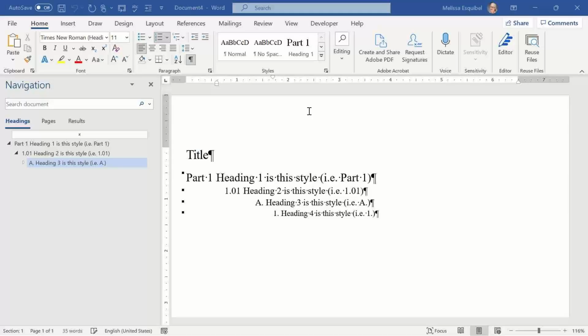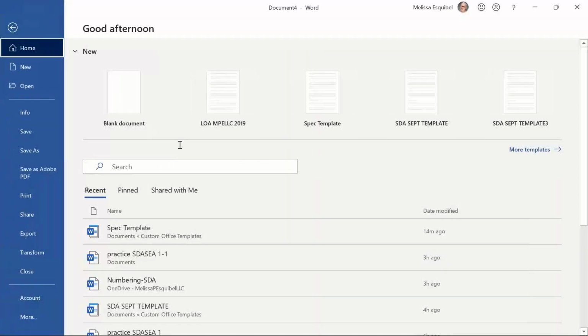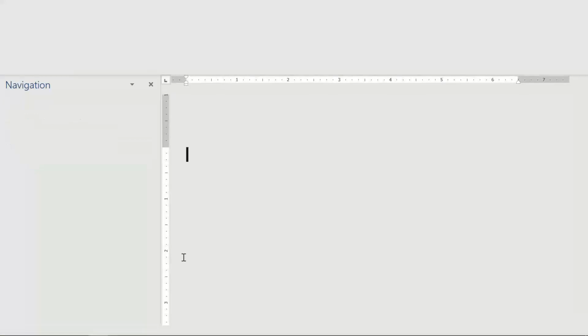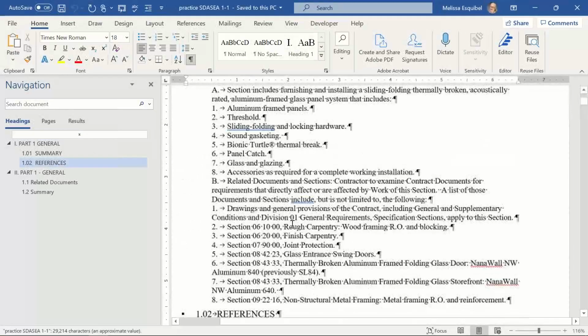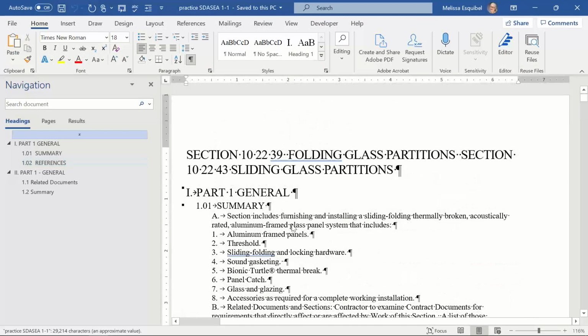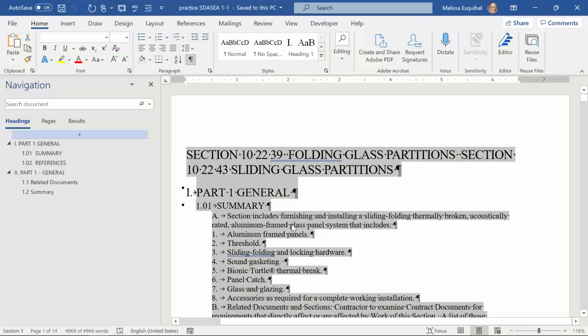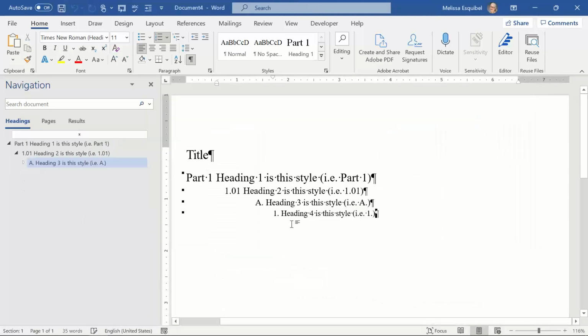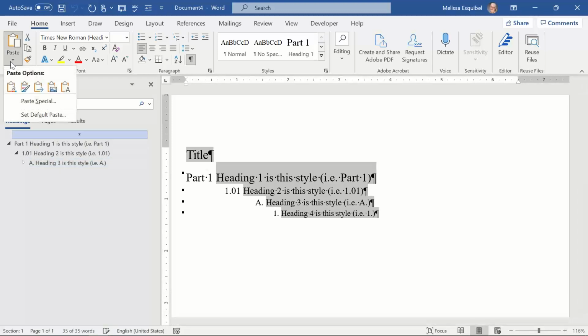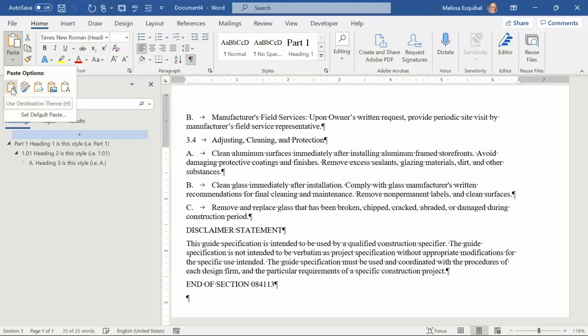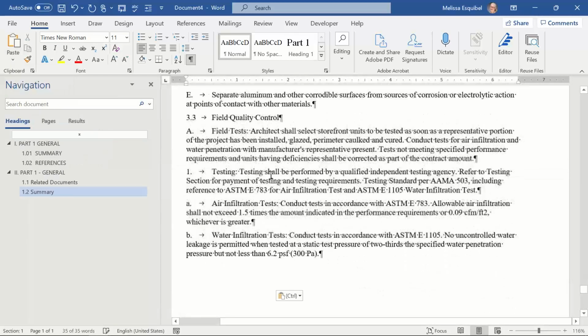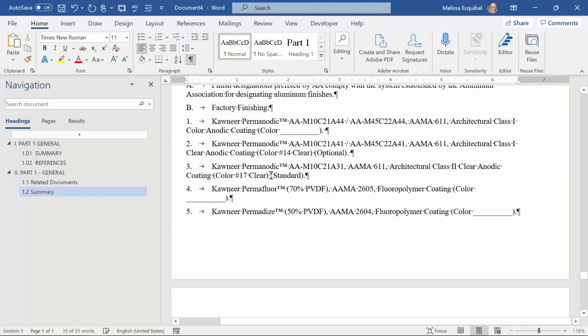Okay, so coming back to this, and then we'll take another stop, of course. Wrangling an old one. I have one of the ones that I think one of you guys sent me, more or less. This is the document I got. So what I'm going to do is a Control A, a Control C. I'm going to leave that document alone. I'm going to do a Control A here and paste, not just a paste, but a paste use destination theme. Now, anything that has a heading style